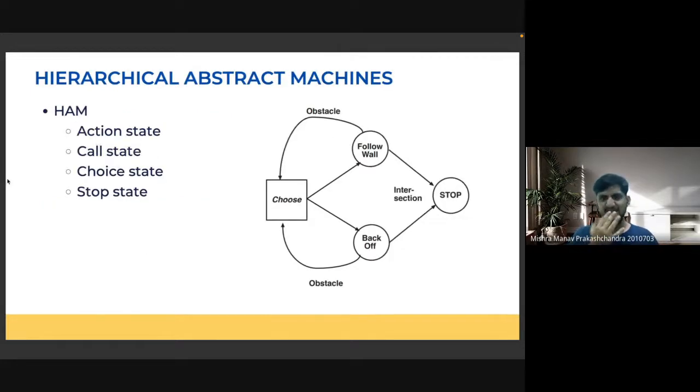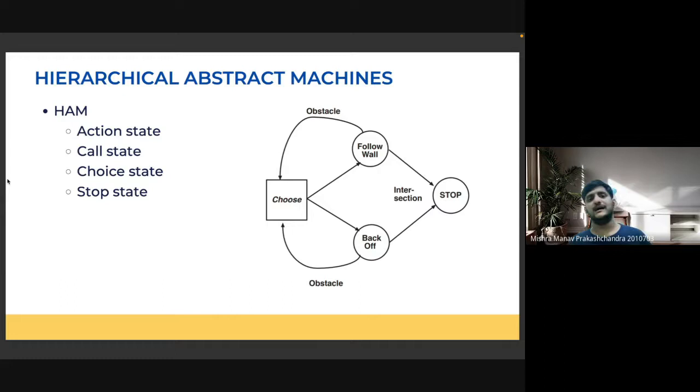And then lastly, take a look at hierarchical abstract machines. This is another type of framework, different from the options framework. It assumes a finite state automata used in a hierarchical fashion, which is used to execute some tasks in a hierarchical fashion, right?